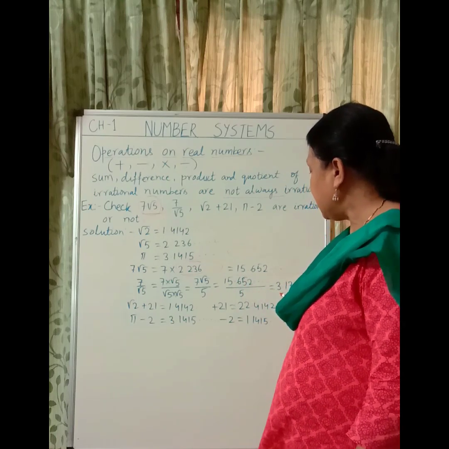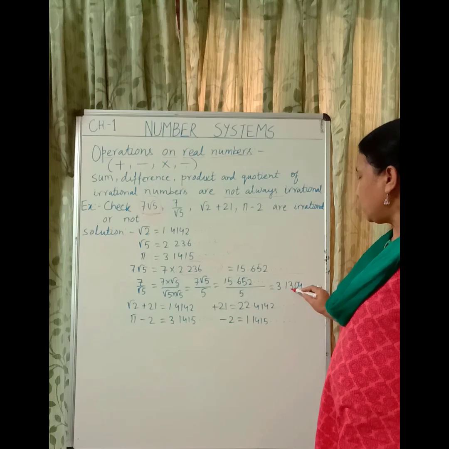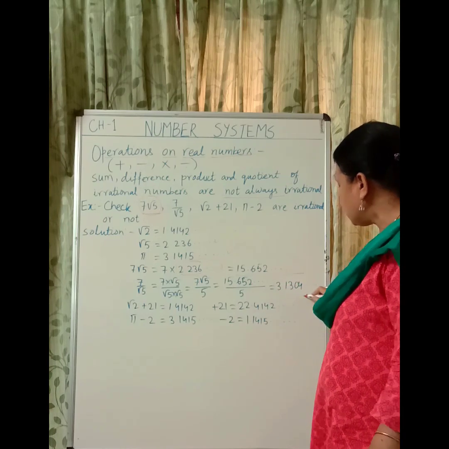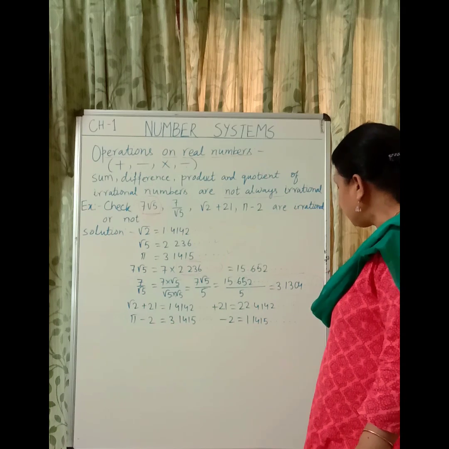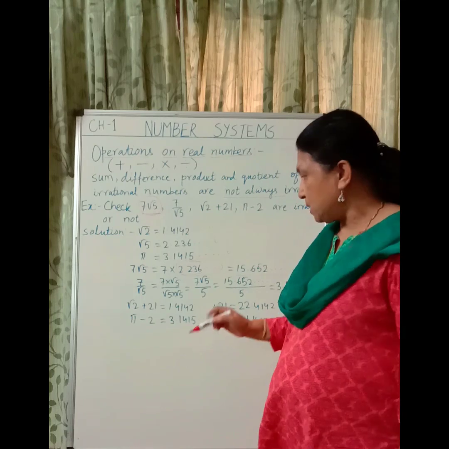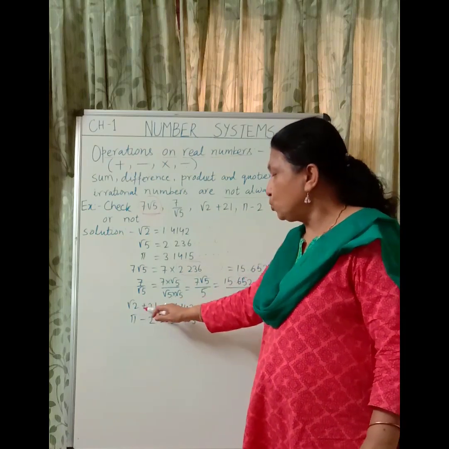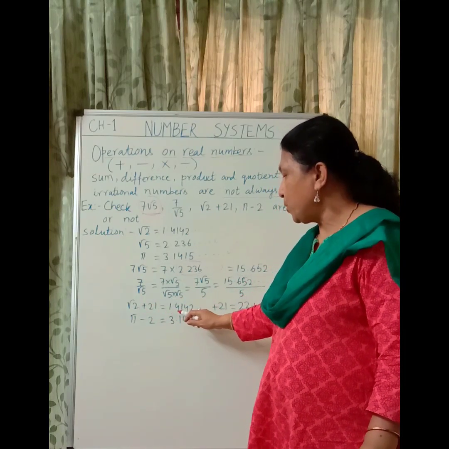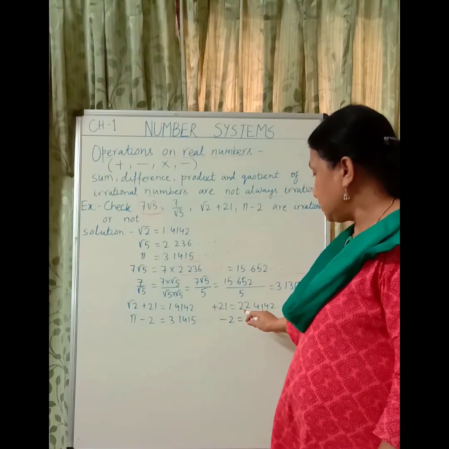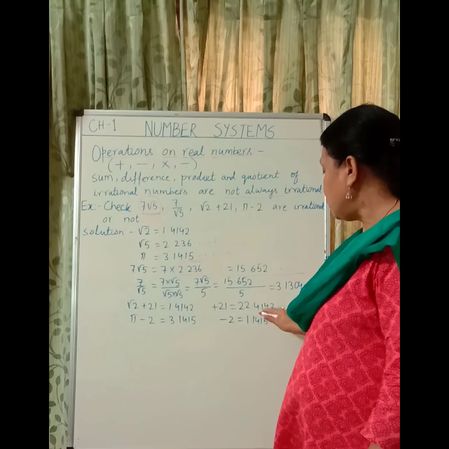Finally we get 3.1304 and so on. What type of decimal expansion is this? Non-terminating, non-recurring. Similarly, root 2 plus 21, that is 1.4142 and so on, plus 21, that is 22.4142